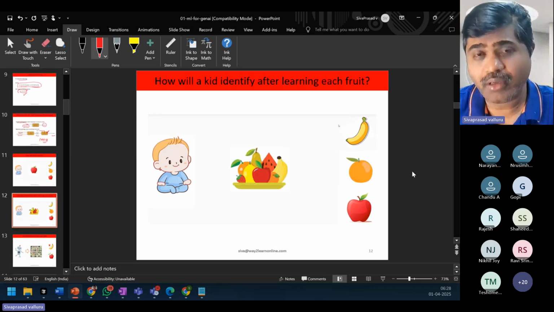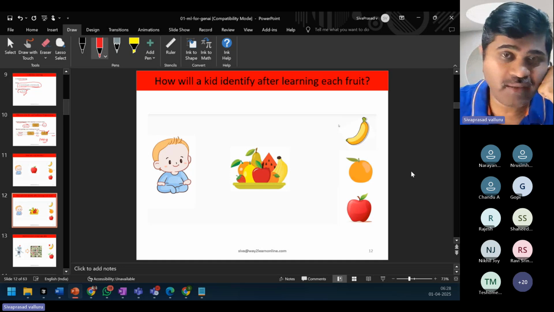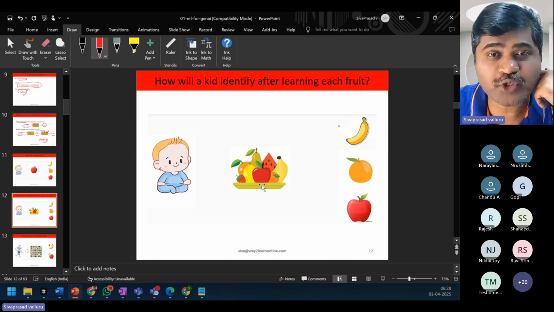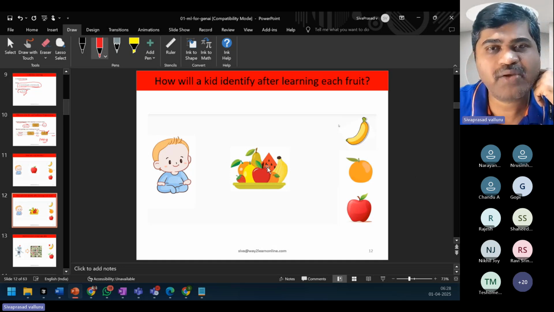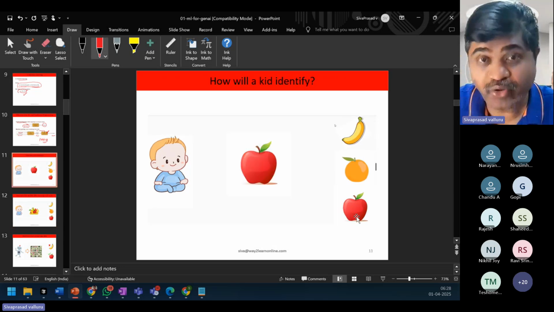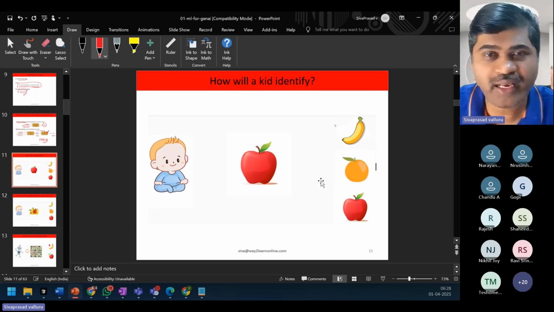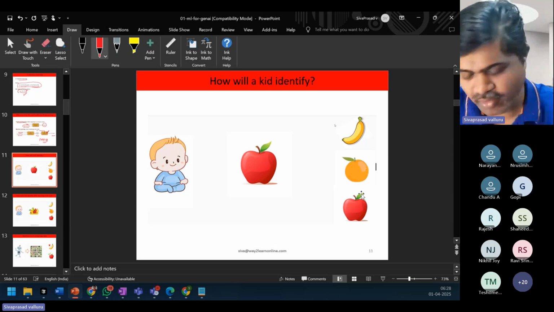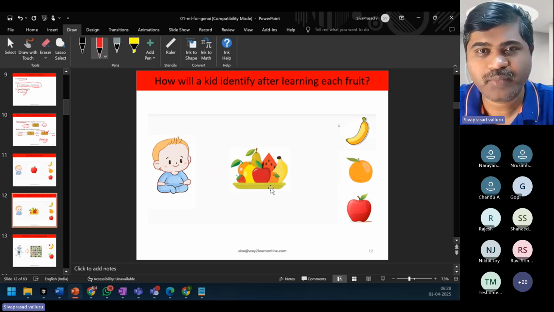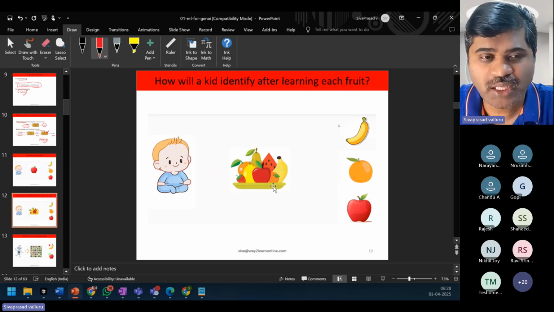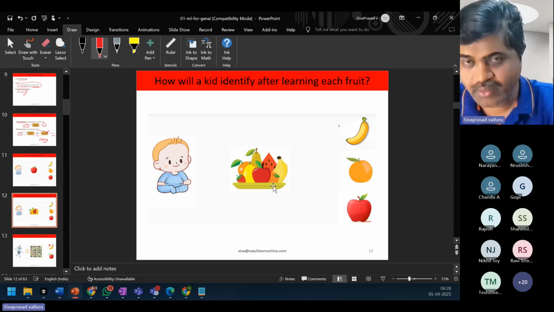Like that, after training is done, if I give a bunch of fruits to my kid, he will be able to identify each of the fruit. So initially I have to train. I have to tell this is banana, this is apple and all. But after training, if I give a bunch of fruits, he will be able to identify.